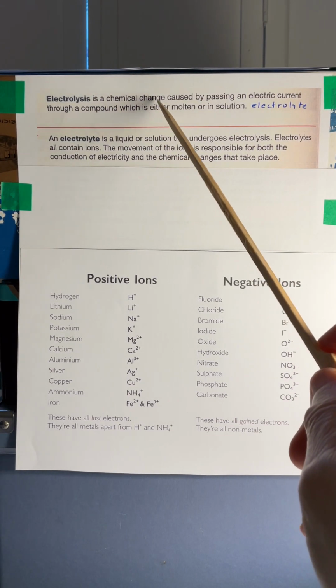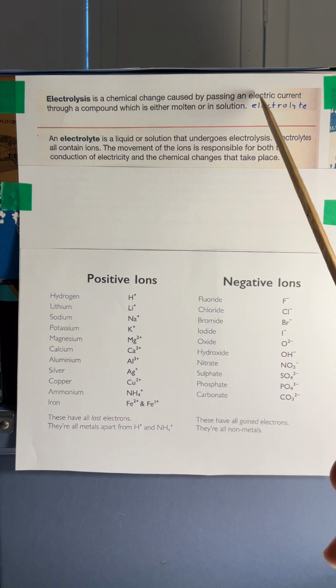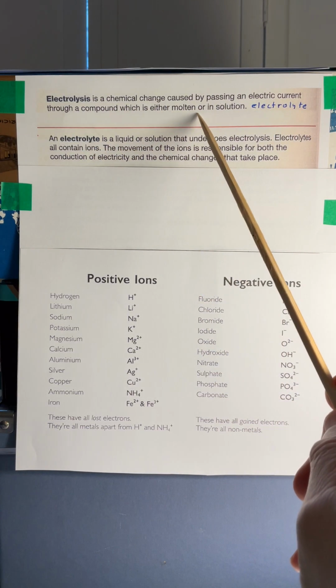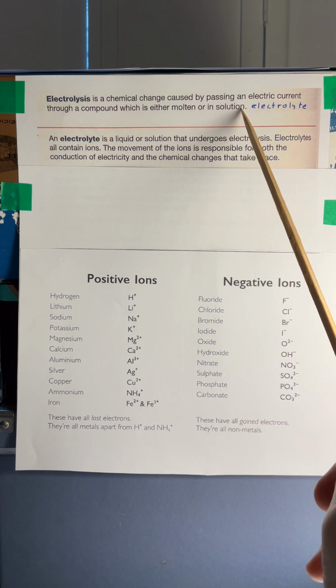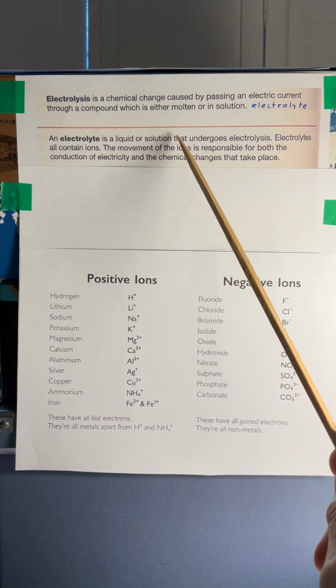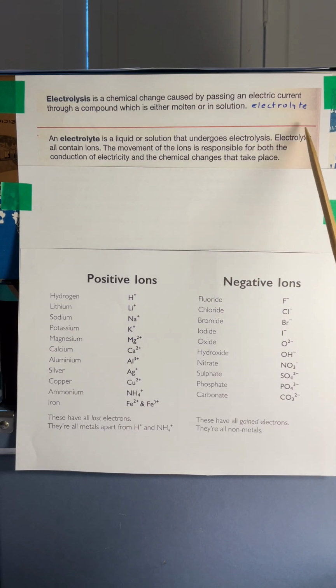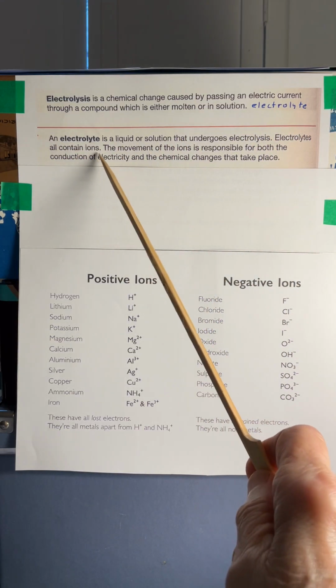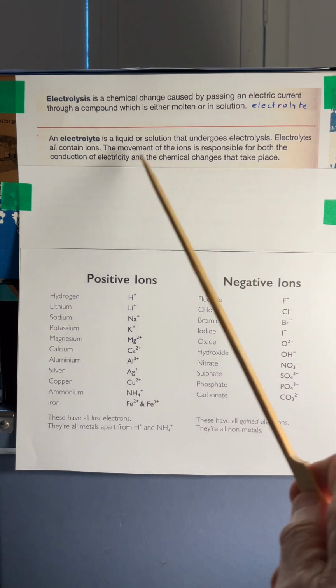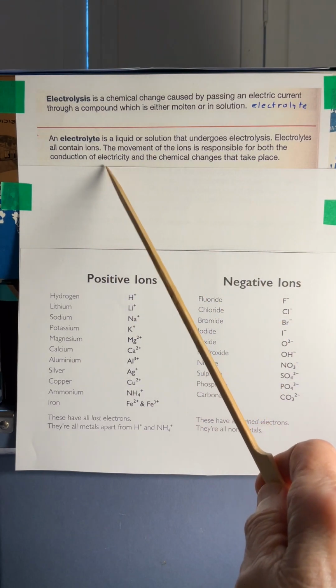Electrolysis is a chemical change caused by passing an electric current through a compound, which is either molten, most important, or in solution. An electrolyte is a liquid or solution that undergoes electrolysis. Electrolytes all contain ions, and it's the movement of the ions responsible for both the conduction of electricity and the